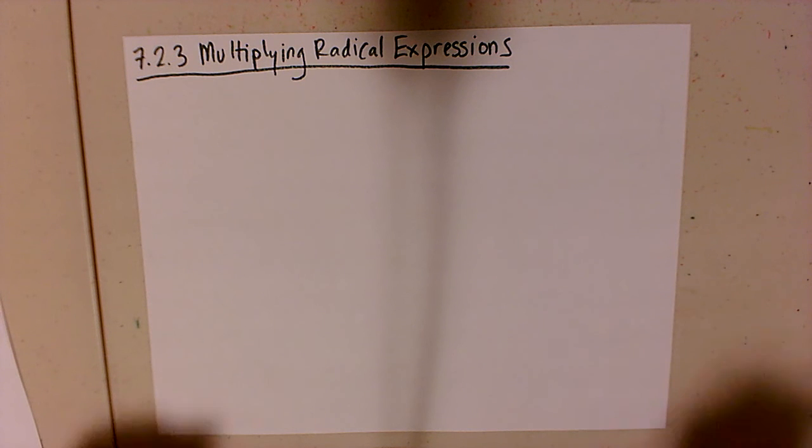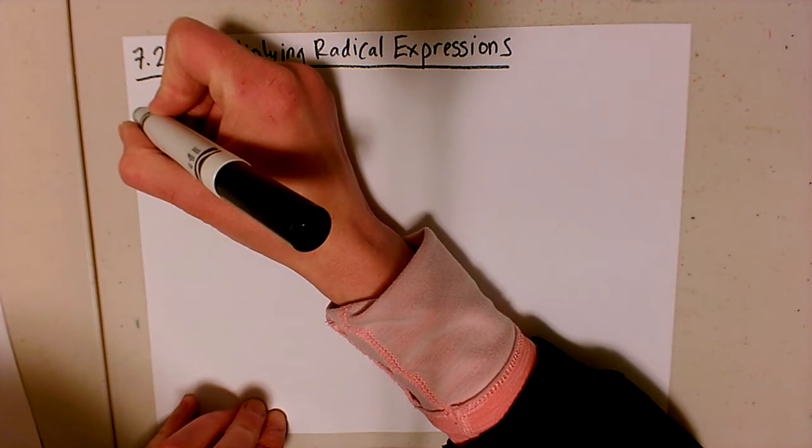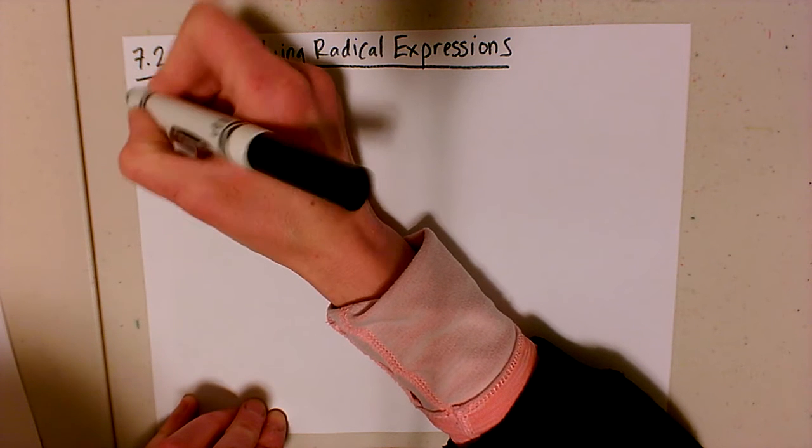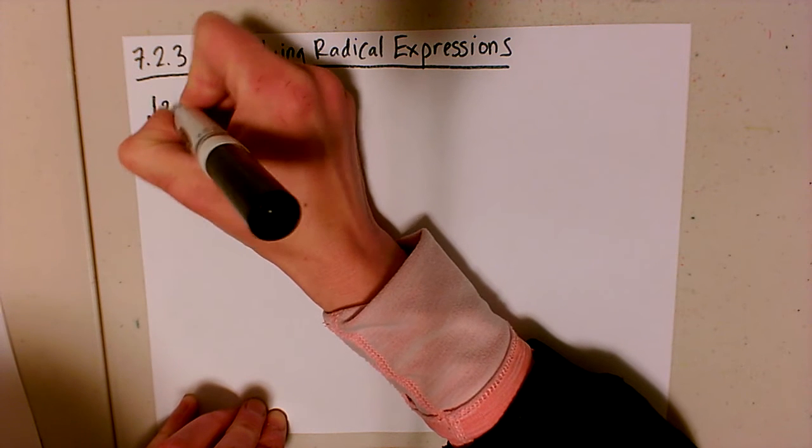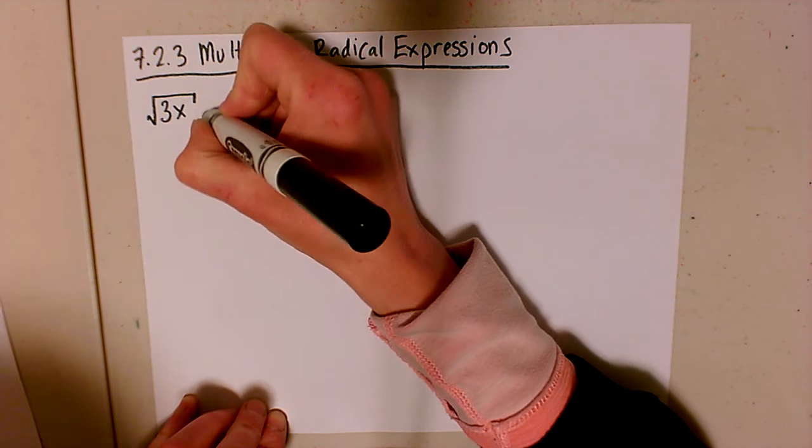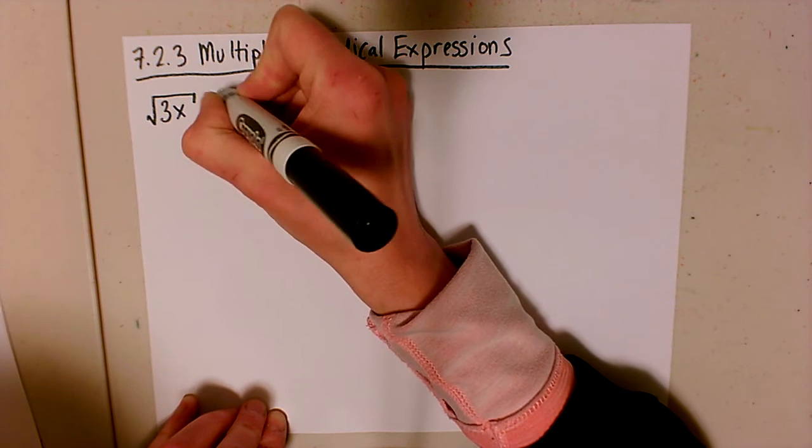Algebra 2. This is 723, which is multiplying radical expressions. By the end of this, you should be able to multiply radical expressions that have the same radicand and index. So what we mean is, if we have something like the square root of 3x times root 5y,